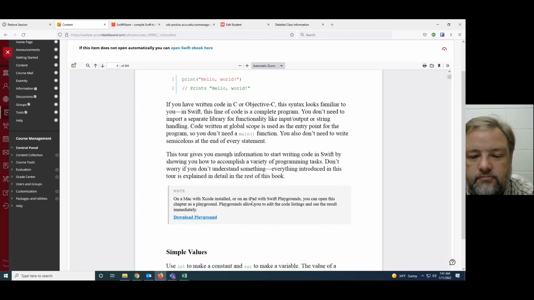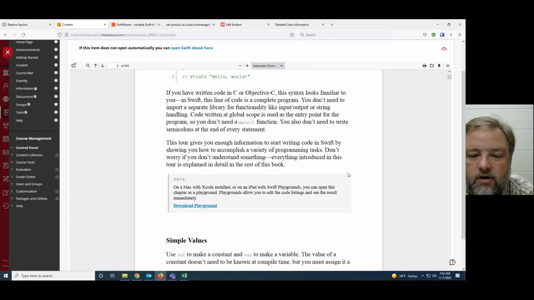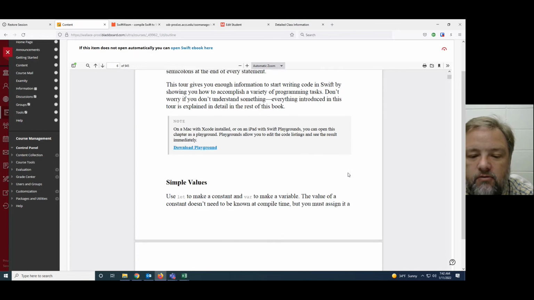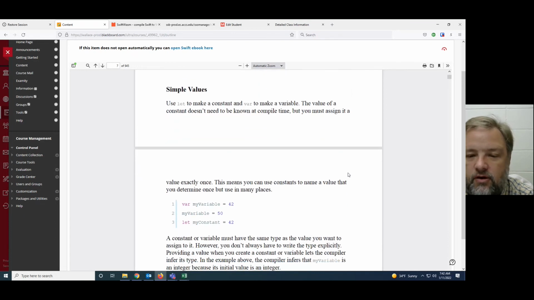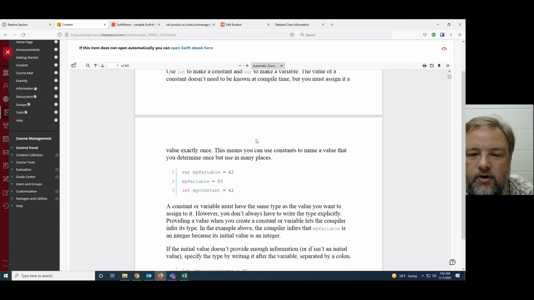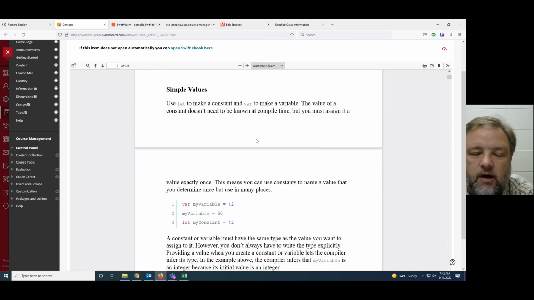There are these playgrounds. If you've got a Mac with Xcode installed, you could actually play around. You can download these playgrounds and use them. If you don't have a MacBook, you will have to use the Swift WASM stuff to be able to do what we need, but you can do a lot of the same similar things. So like, for example, here with this,